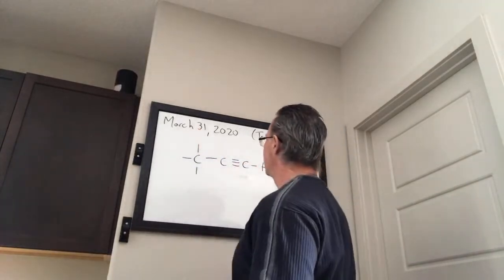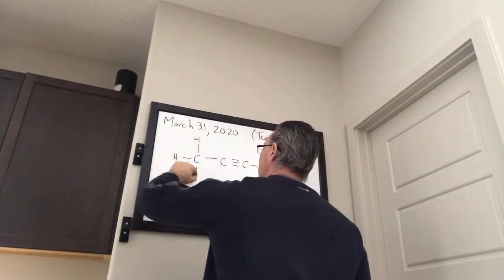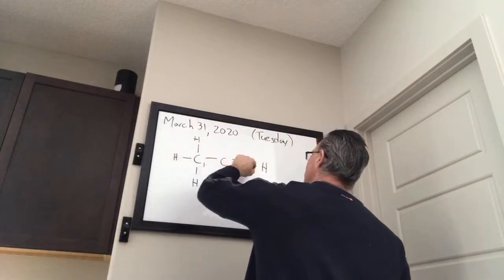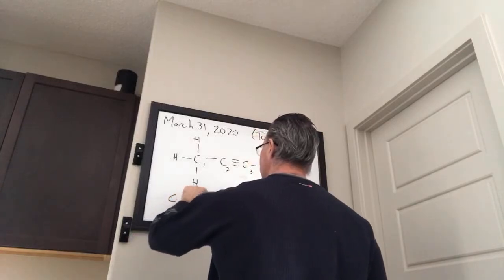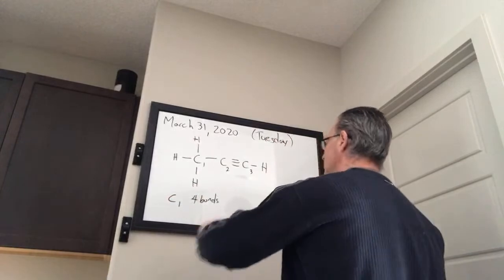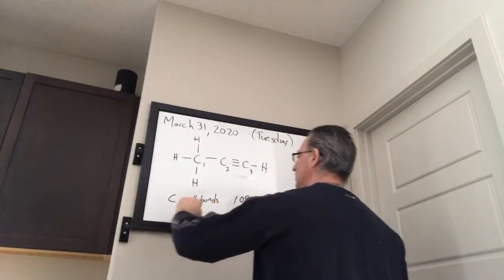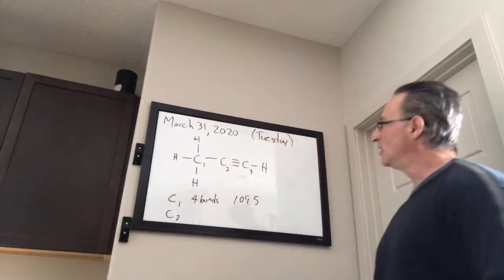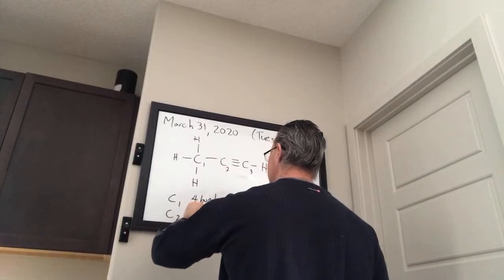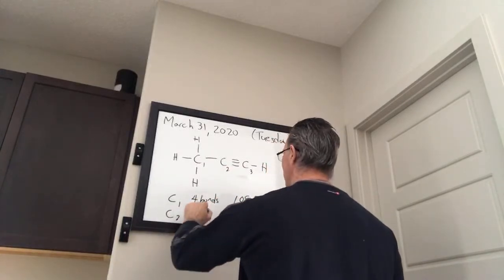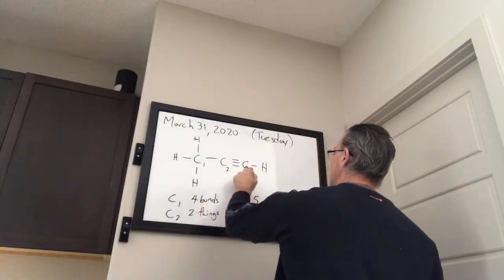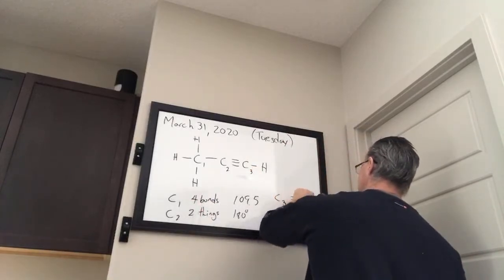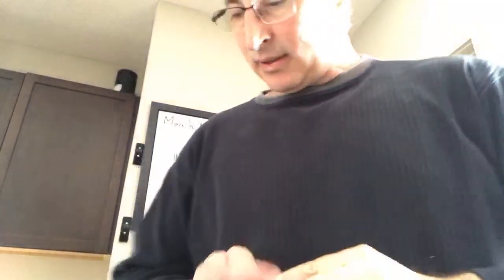That's what propyne looks like. It's got 3 carbons in it. We'll call this carbon 1, carbon 2, carbon 3. So carbon 1 has 4 things attached to it. So bond angle is going to be 109.5. Carbon 2 has 2 things attached to it. I should say not 2 bonds, but 2 things, because there's double bonds going on over there. Bond angle is going to be 180, and this one as well, carbon 3, is going to have a bond angle of 180 degrees. So you have 2 possibilities,